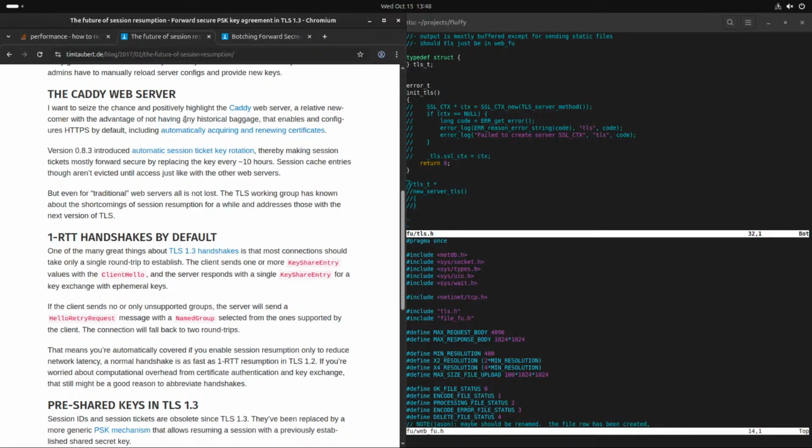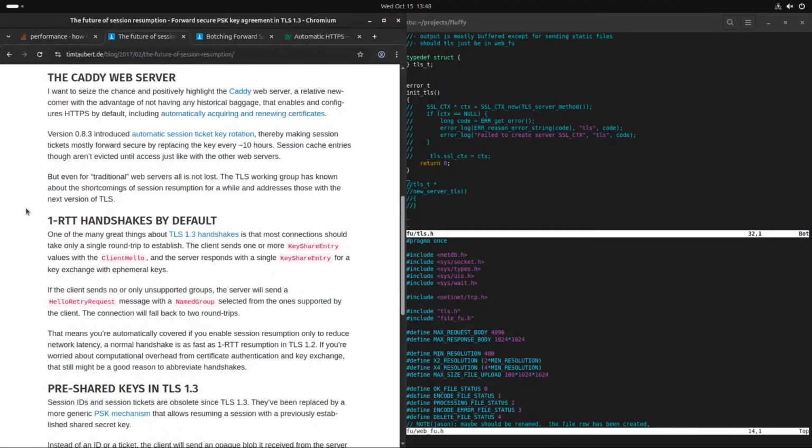Oh, so Caddy supposedly will automatically do certificates, so that might be interesting. I think it's in Go. It's a web server, yes. Anyway,